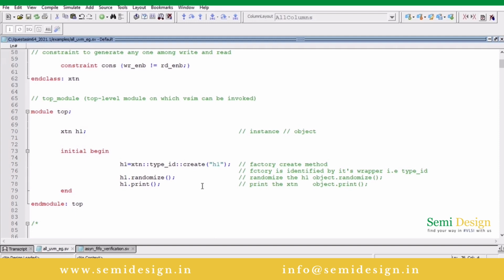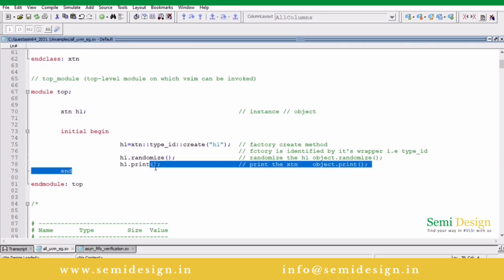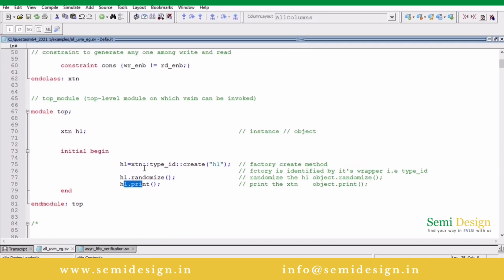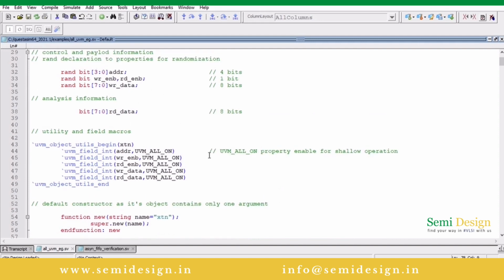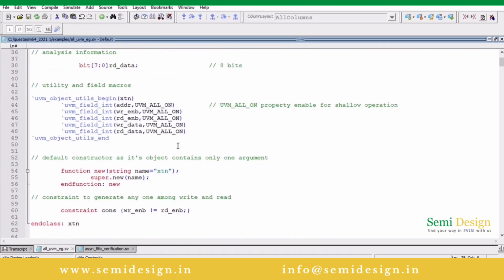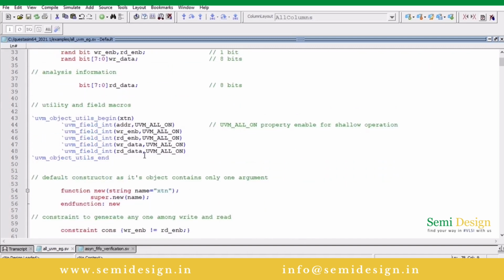And similar to SystemVerilog, object.randomize for randomization. After that, object.print will print all the properties, these randomized properties. So here there is no need to declare our own function or method to print these properties.